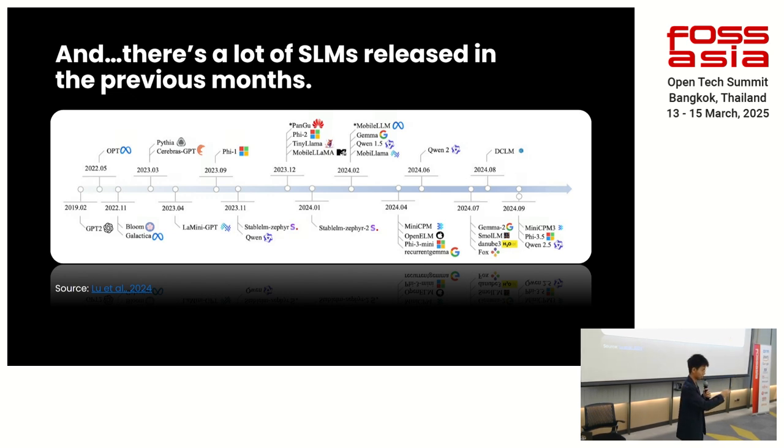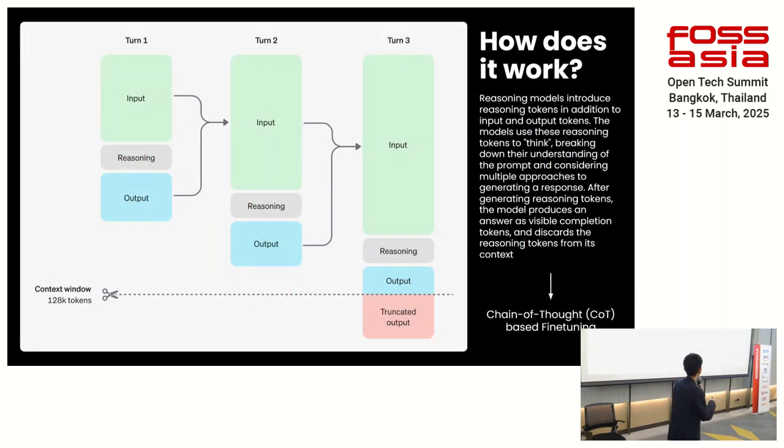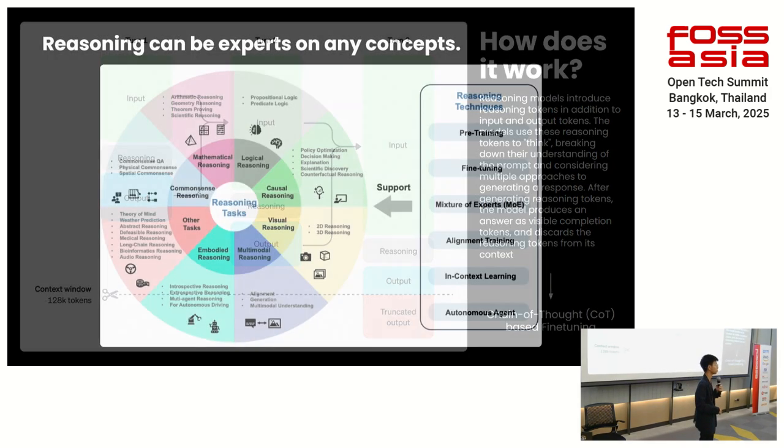All right, next is reasoning models. So how does it differ from a small language model? Actually, we can see that we have a prompt input and we have a fine-tuning of reasoning. So it could combine together and get the output. And then we use turn 1 as input in turn 2, and turn 2 into turn 3 will be the translated outputs, and we call all of this process the chain of thought fine-tuning for reasoning models.